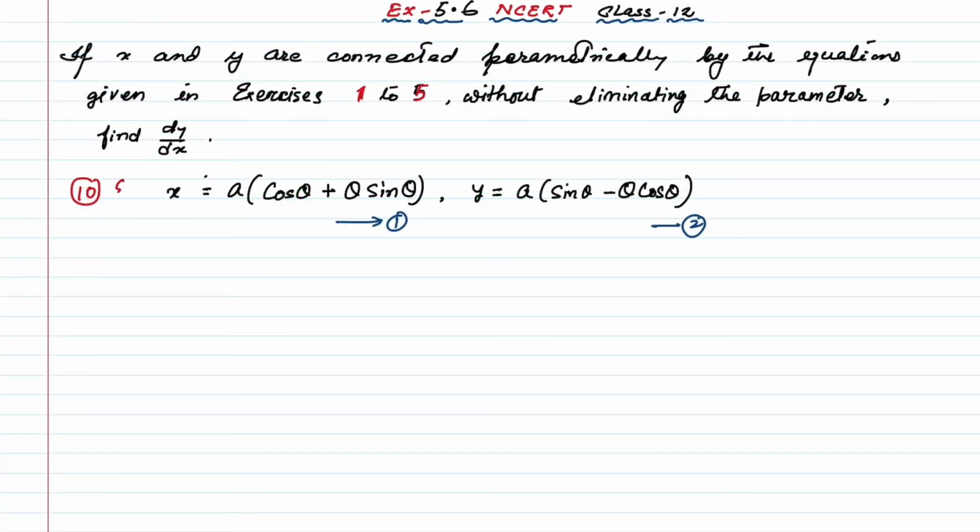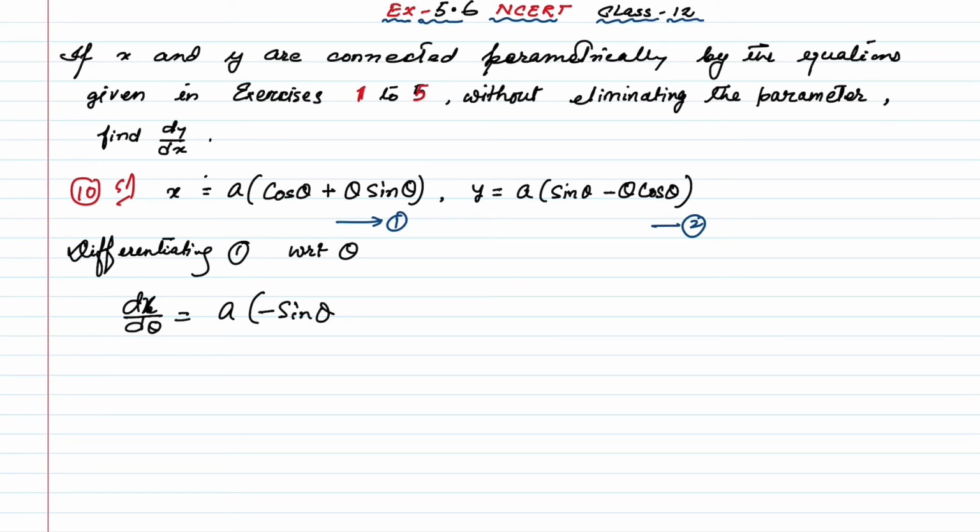Now let us solve question number 10. Differentiate the first equation with respect to theta. So if you differentiate equation number 1 with respect to theta, you will get dx by d theta equal to, we know the derivative of cos theta is minus sin theta, and the derivative of sin theta is cos theta. So here we will get plus,